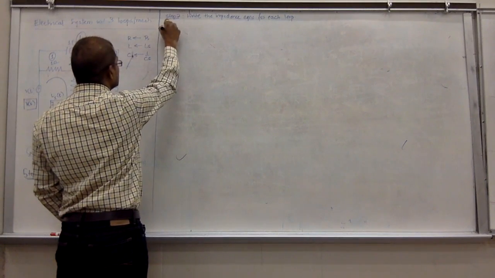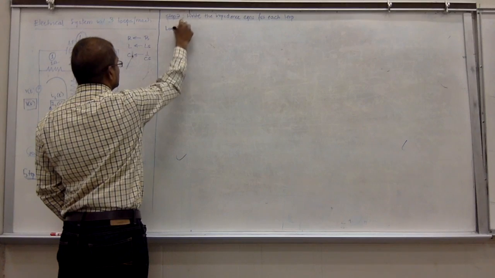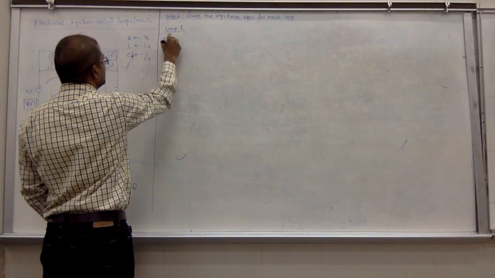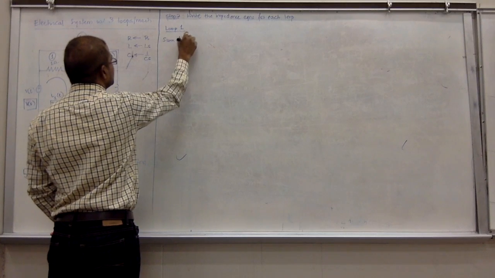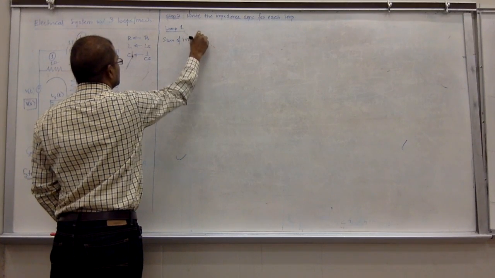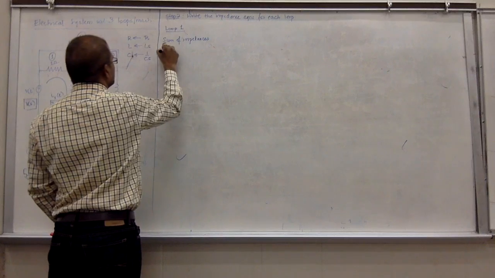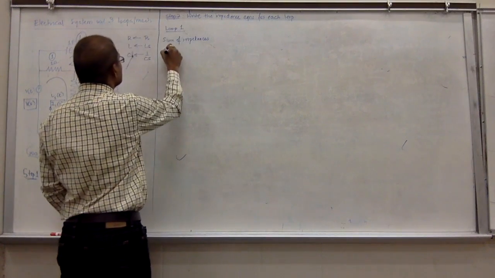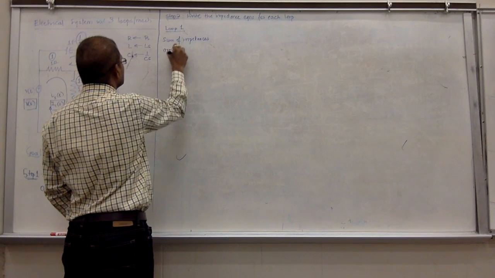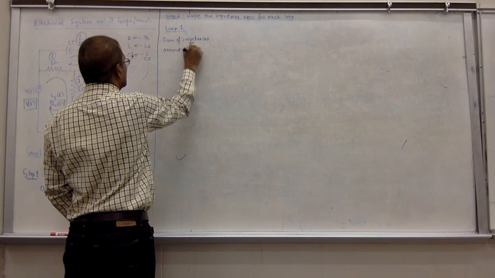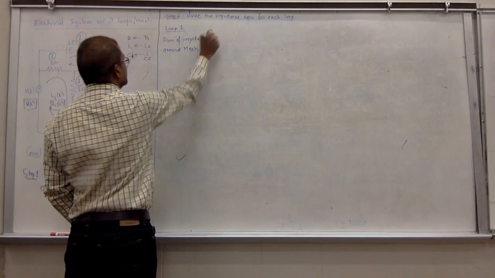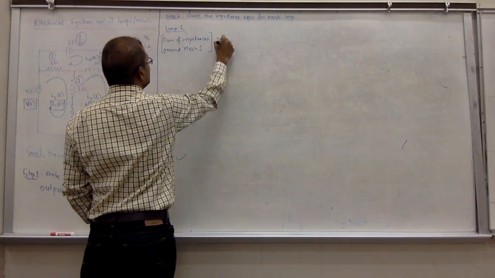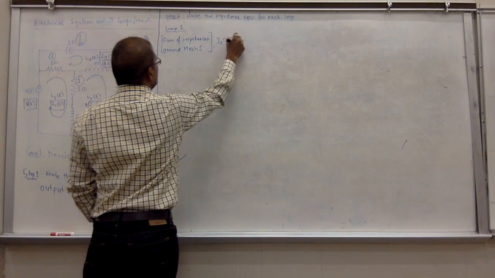Loop 1, what would it be? It would be simply sum of impedances around mesh 1 into I1 of S minus